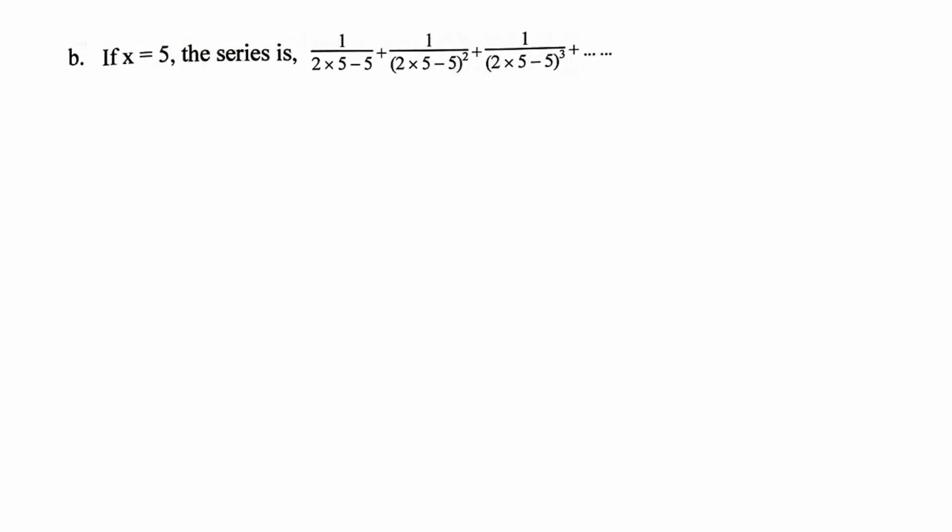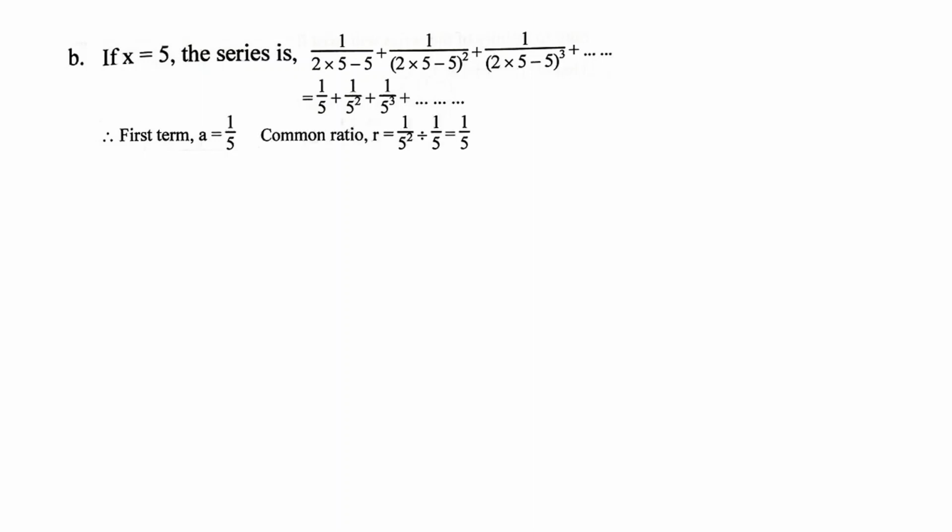Now for question number B, if x equals 5, putting the value of x equal to 5 in the given expression, we will get this. After calculation we get 1/5 + 1/5² + 1/5³ + and so on. Here the first term a equals 1/5